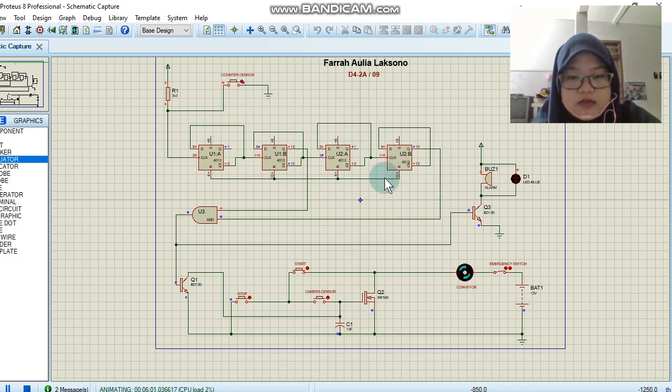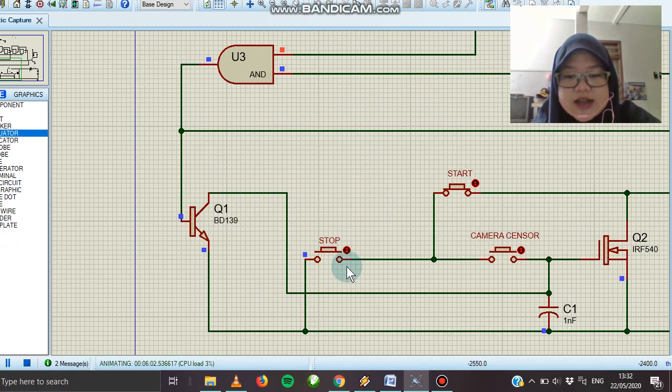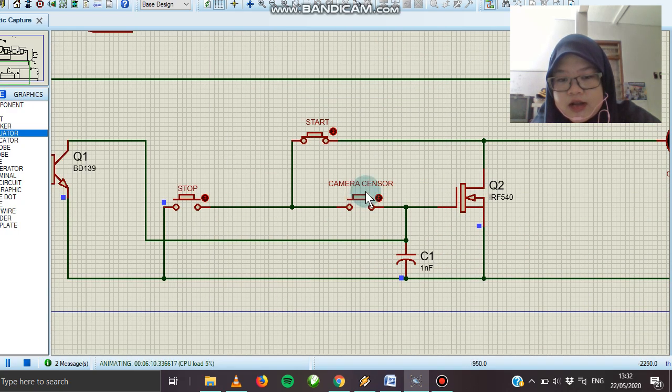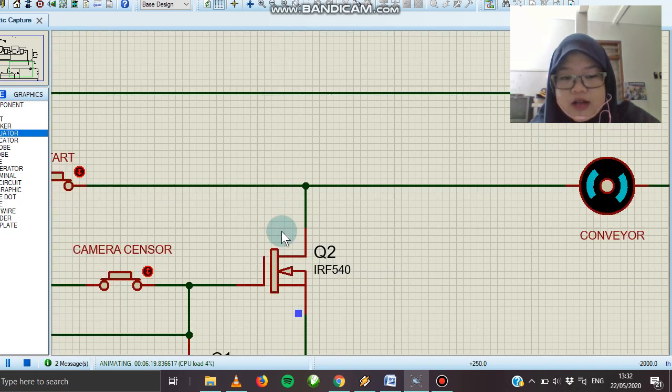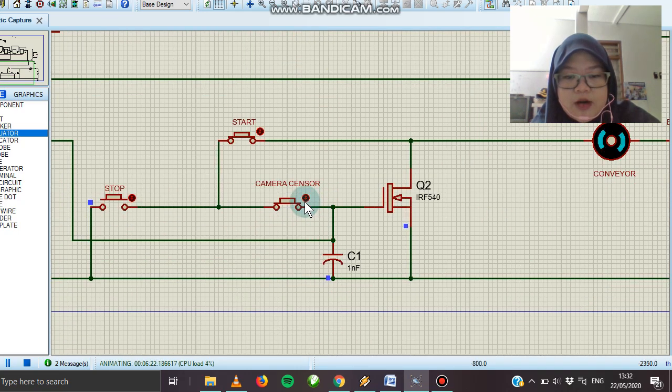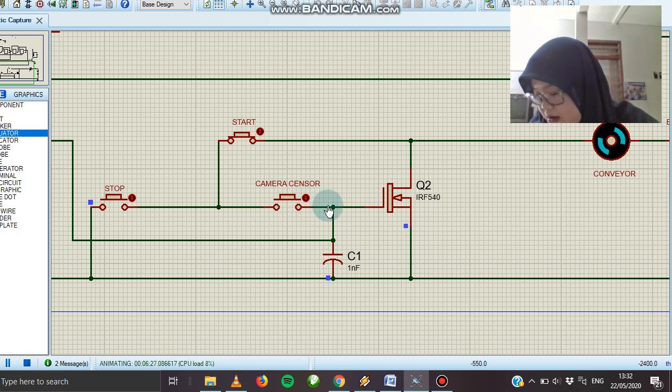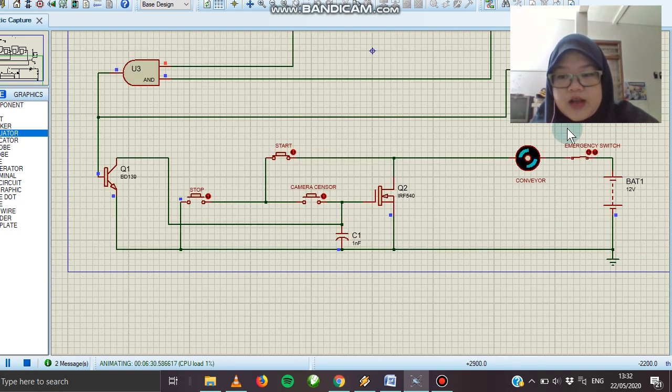So this is the start and stop button. This is a camera sensor, where the closed position indicates no apples on the conveyor, and the normally open condition indicates an apple. There are apples on the conveyor. This is the conveyor,